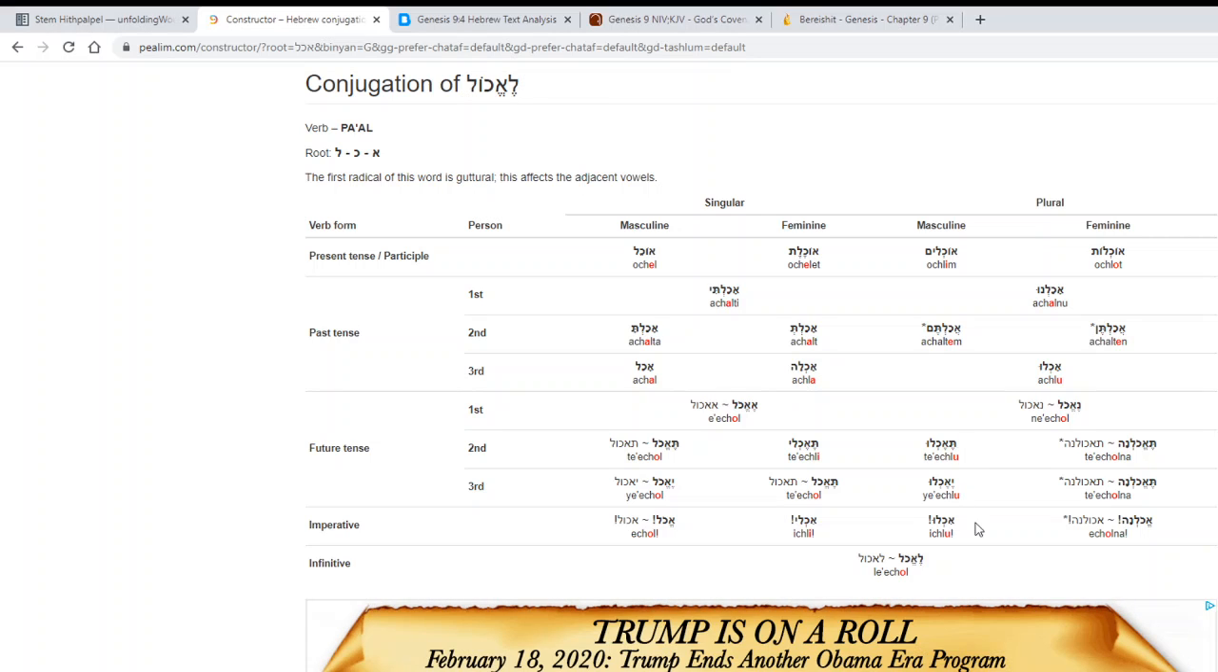What it looks like, yeah, techlu is in the masculine. Yeah, it is in the masculine, right? So I was actually thinking ye'echlu. Oh, right. Okay. Yeah. This is in the masculine. So see, this is how you use a verb like this,